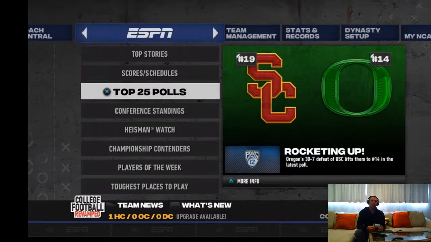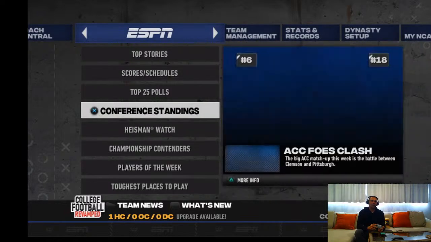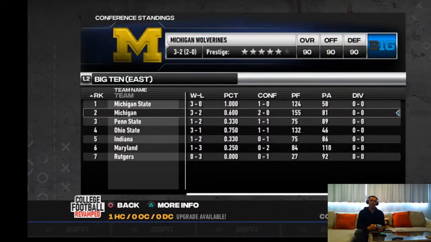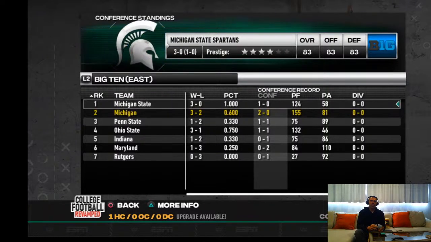Yeah, I think we are looking for some positive tilting action, I guess you could say. Conference standings, again, this is a really important thing, right? Yeah, we're 3-2, but our 2 losses were non-conference. And so right now we have the best record at 2-0 in the Big Ten East. And so, that's nice. We still got to play Michigan State, so it'll be a chance to leapfrog them.